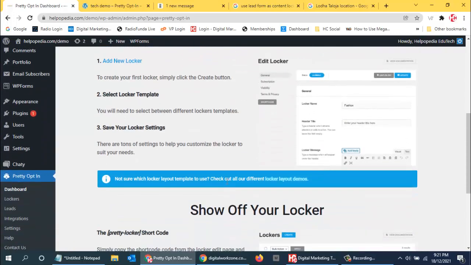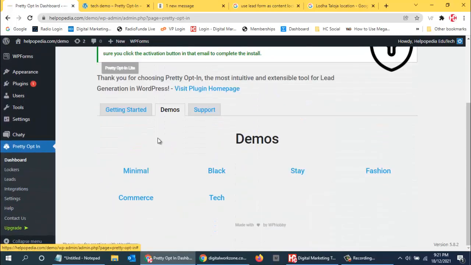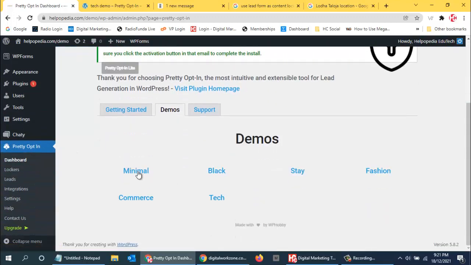Demos, minimal, blacks. Okay, it is not yet loaded. Commerce, tech, black, stay, fashion, minimal. Okay, let us use this. So it is going to another website.